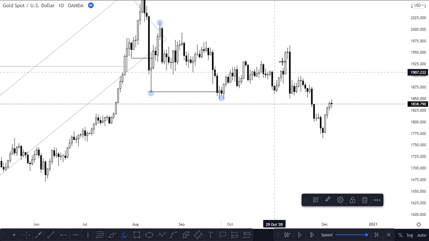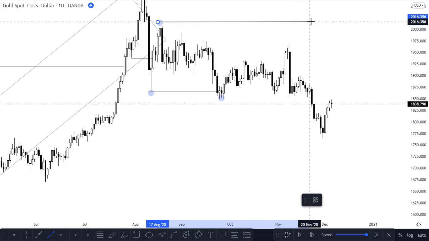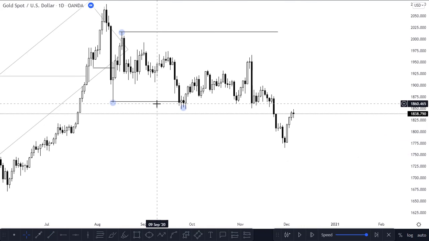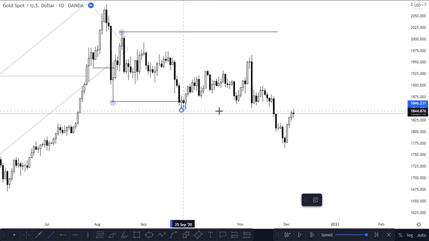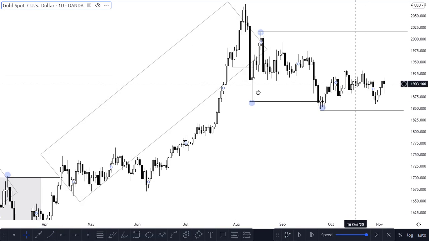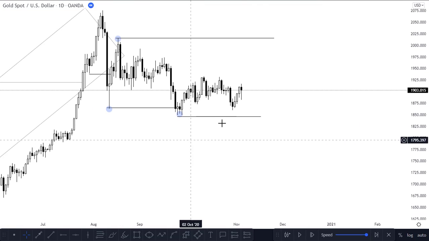Now as it is creating a pullback, the range was this one. Gold was trading in this range. I mean here. As we start creating a pullback, our range,